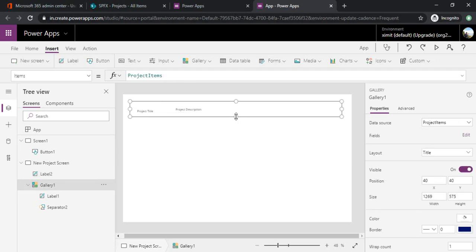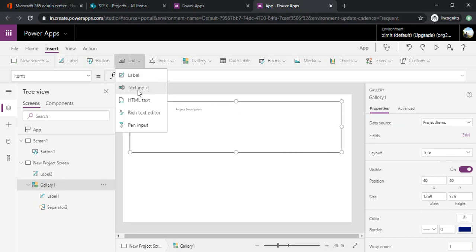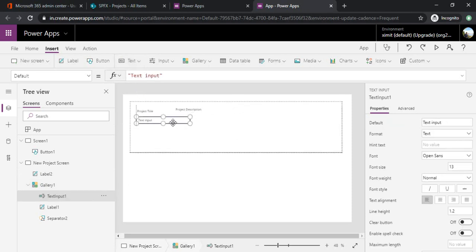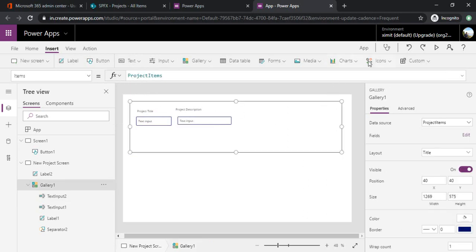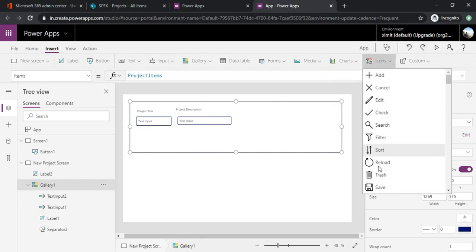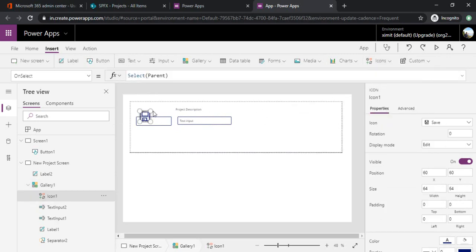And I'll just expand this row, and now I'll add one text control where I'll capture the project title, and I'll add one more text control where I would capture the description. I would also need one save icon so that I can click and that row can get saved in my collection.